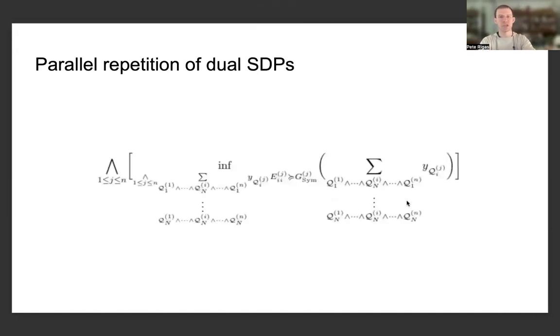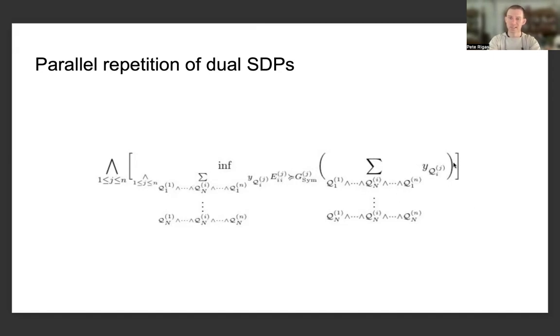And parallel repetition of dual semi-definite programs can be formulated in an intuitive and very clear way, given the types of settings that we've been discussing for dual semi-definite programs and dual SDPs for the two-player setting, namely that we're performing this wedge operation corresponding to parallel repetition in front of an infimum, corresponding to the fact that the correspondence between an original semi-definite program and the dual semi-definite program is given that we're interchanging the order of the constraints as well as changing a supremum to an infimum, or an infimum to a supremum,